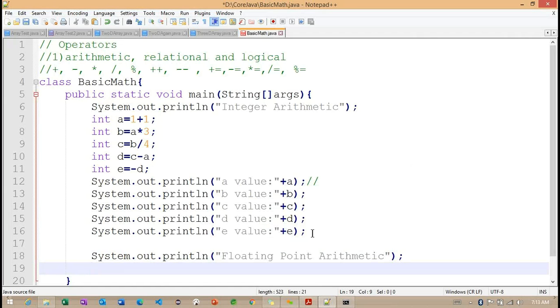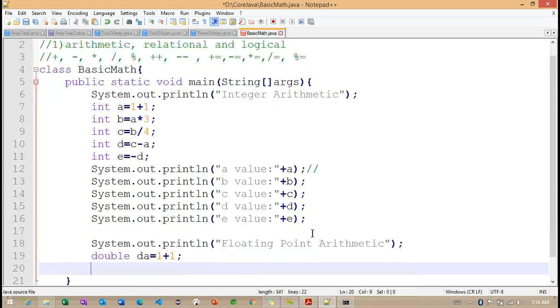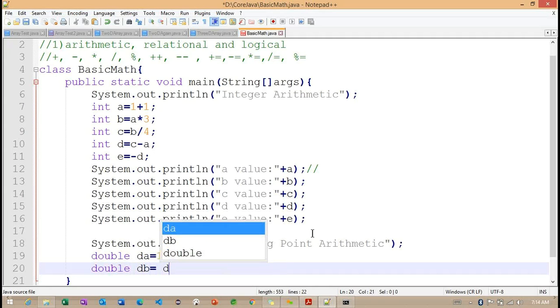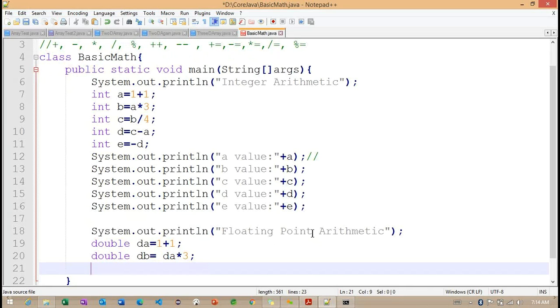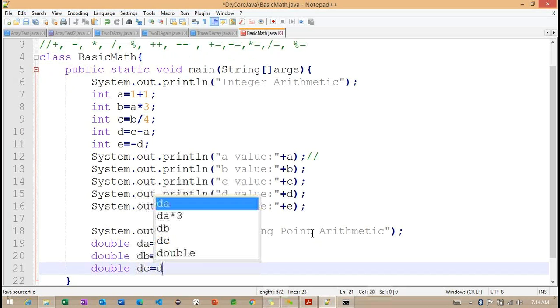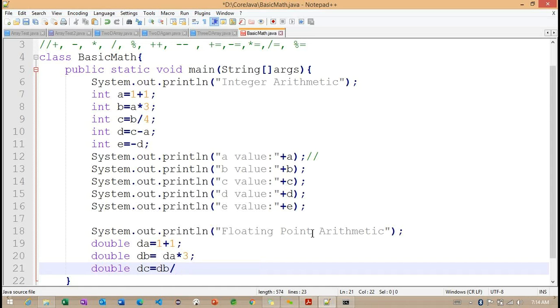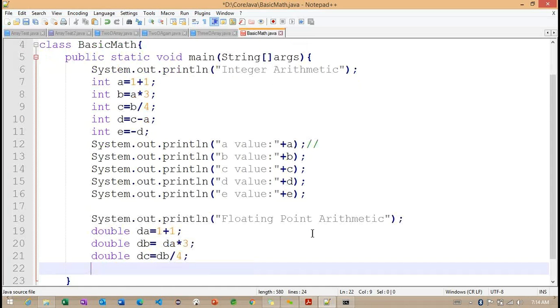To work with floating point, I'm going to use the double data type here. So da is equal to 1 plus 1. db is equal to, the same multiplication I'm going to use, da into 3. dc is equal to db divided by 4.